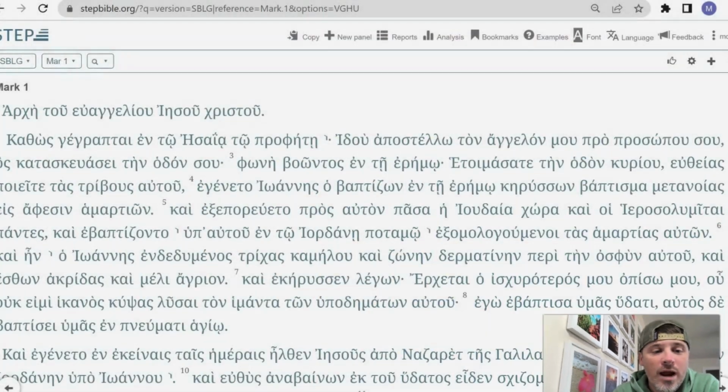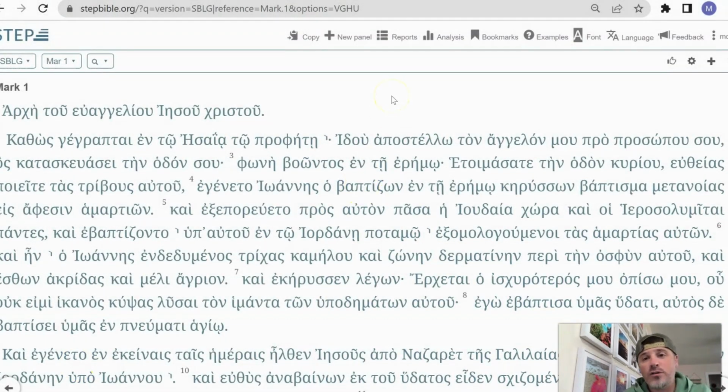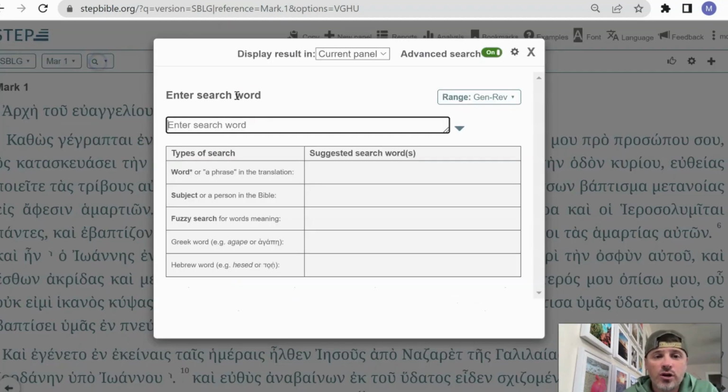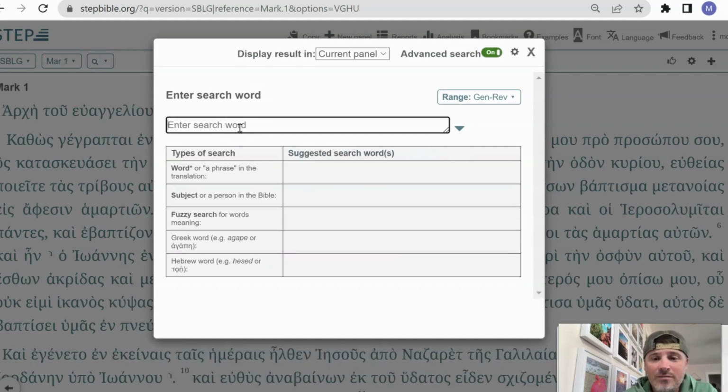And hieroglyphic, just in Greek, is a compound word that means handwritten-ish, right? So what I have here on the screen, if you're able to watch, if you just listen along, that's cool, is I have stepbible.org open. I have my keyboard on my computer set to the Greek keyboard, and I'm just going to go to search. And what I can do is, looks like I have it set to Hebrew, there we go,